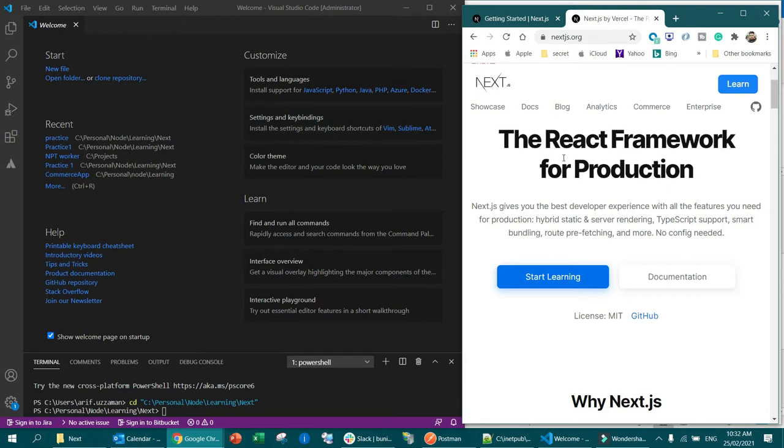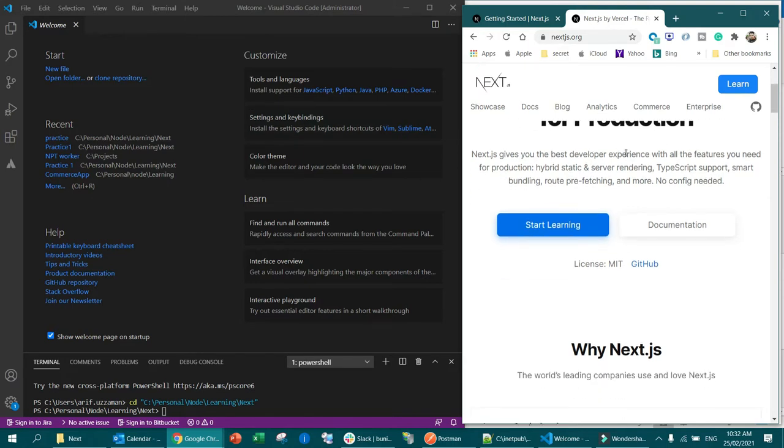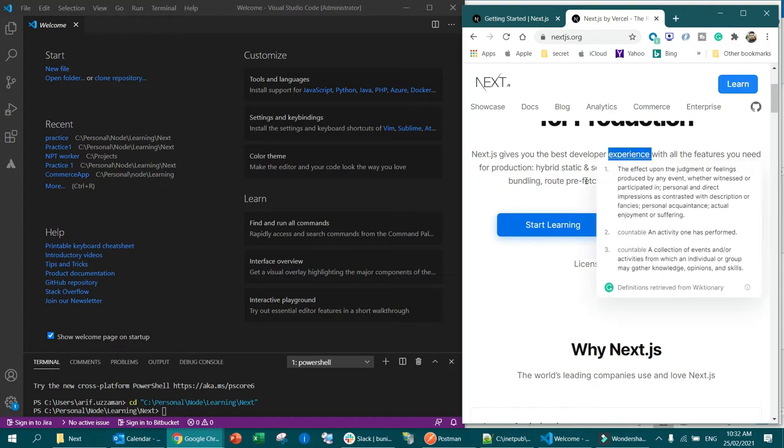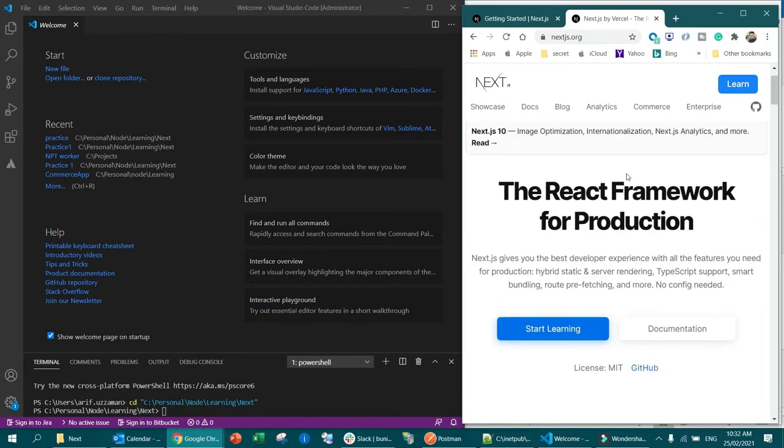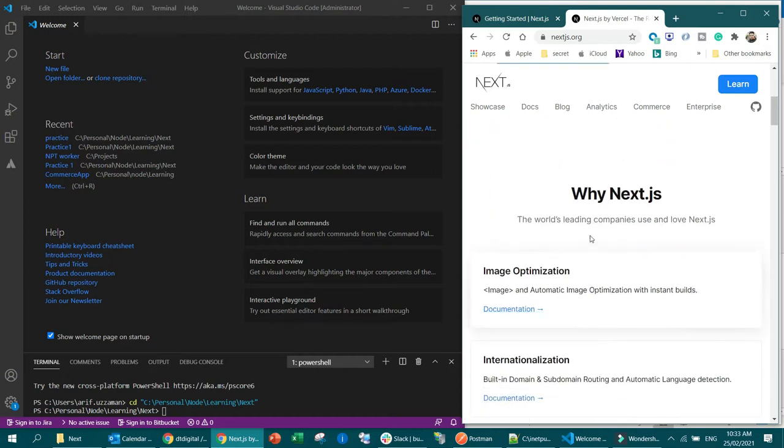So what is Next.js? Next.js gives you the best developer experience with all the features you need for production: hybrid static and server rendering, TypeScript support, smart bundling, route prefetching, and more. Basically, Next.js is a wrapper of React. Whatever you can do by creating your own components, you might get all of those things, or most of those things, out of the box with the help of the Next.js framework. Next.js will give you a couple of very nice things, like image optimization